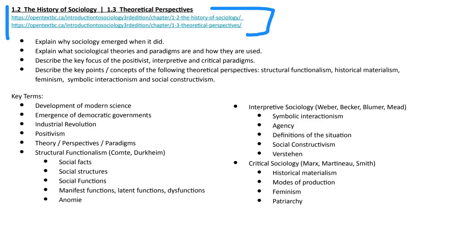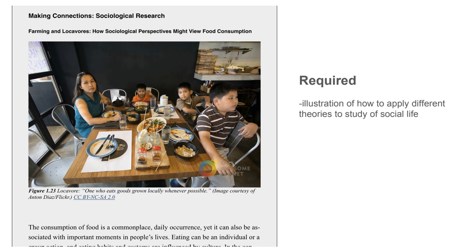All right. In terms of boxes in the online reading that you need to read, for the most part the boxes are optional. They give you a little bit more elaboration and application of some of the information that you're reading in each chapter. Some of them are going to be required though. So for this week in particular, there's one box, and I believe it is on the last page, page